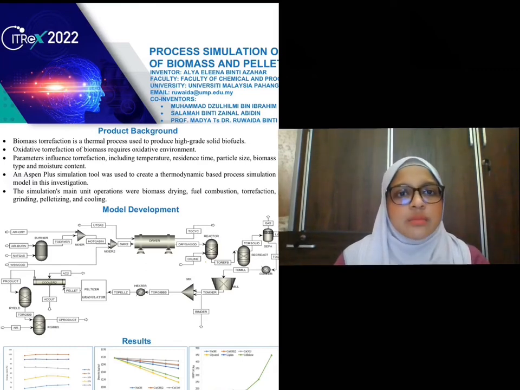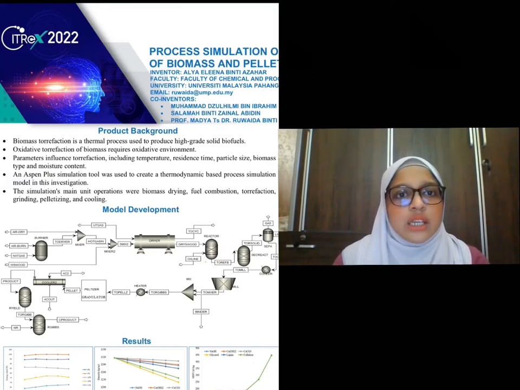For the problem statement, biomass is known for its irregular shape or fibrous nature, thus increasing difficulty in handling, transporting, and storage. Therefore, pellet is produced. Torrefaction removes a significant amount of biomass initial moisture content. In order to enhance moisture content and pelletizing effect, binder can be used. Binder helps to increase adhesive and cohesive as well as interfacial forces between solid particles. Nowadays, pellet fuel has been increasing in demand all over the world. Therefore, large-scale production is needed.